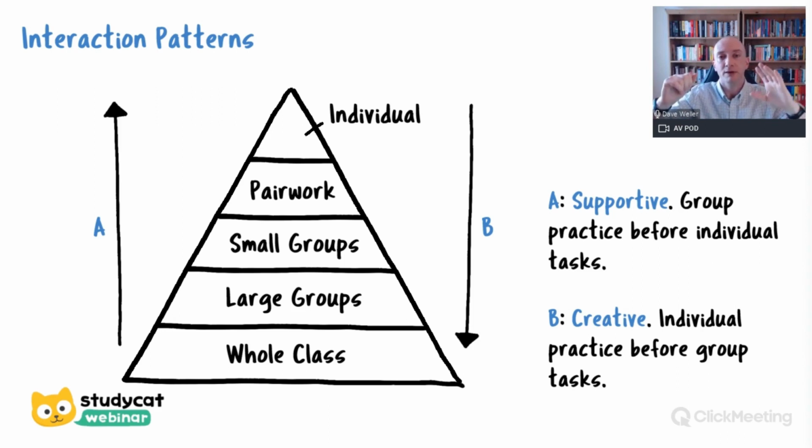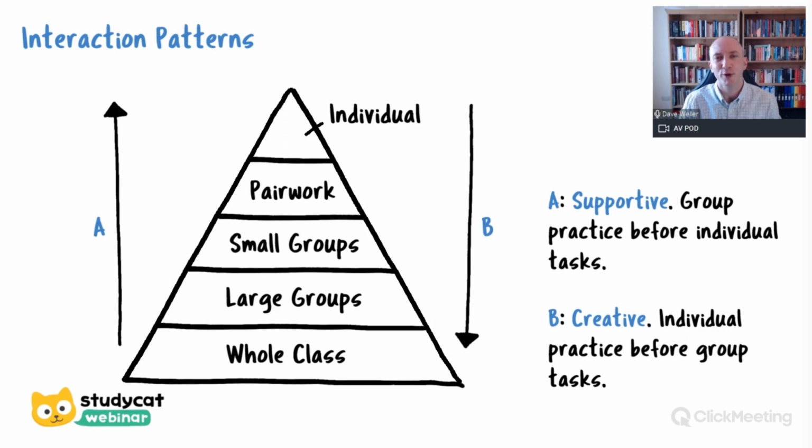The last one maybe would be to flip that around and start as an individual, then move to pair work, move to small groups, and finally for a whole class. So for a supportive, starting off with a whole class or large group, one example might be for pronunciation. If the whole class is struggling to pronounce a word, you could do a choral drill or a group drill to get them to practice it first, then maybe practice in groups, and then finally ask students individually, rather than